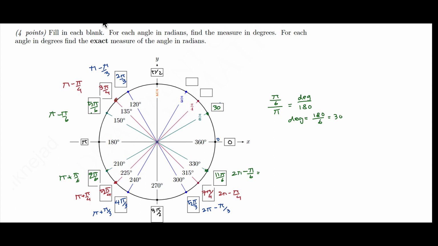Same routine can be done for pi fourth, but I recommend memorizing this as well, or knowing them by heart. So 180 divided by 4, which is going to be 45 basically. So I get a 45 in here, and same routine I can do, but I'm not going to. 60 degrees over here. Let me put in degrees for 45 and degrees